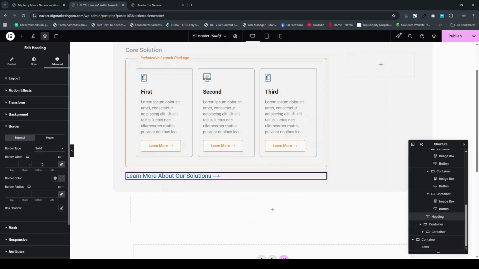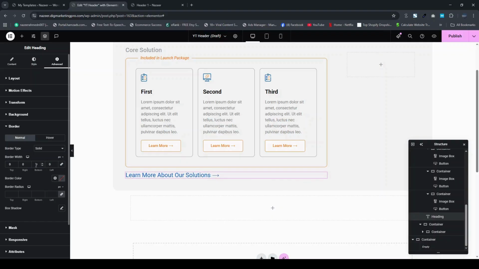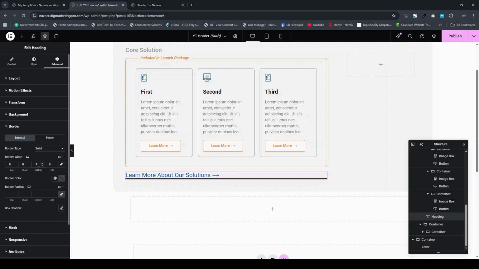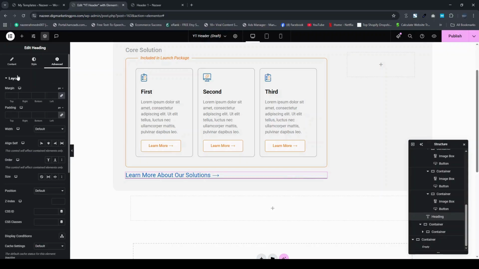So here you can see, and here I will give it 10 from, let me just make it, sorry guys, let me just make it 4 from bottom, or let me just make it 1. I think 1 is quite good,